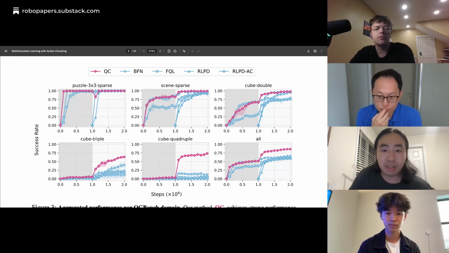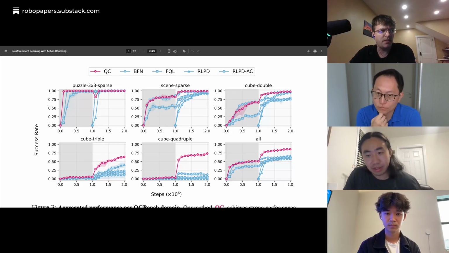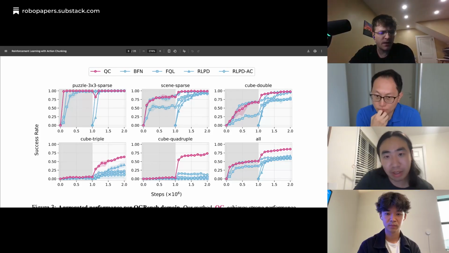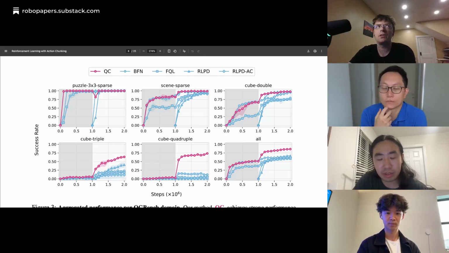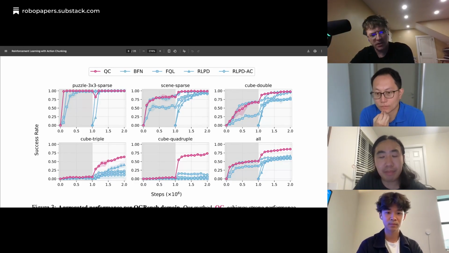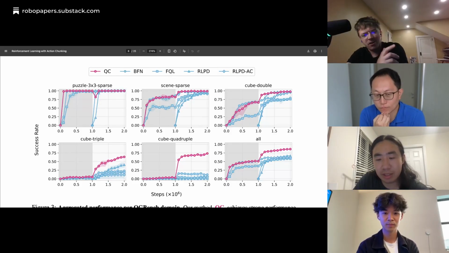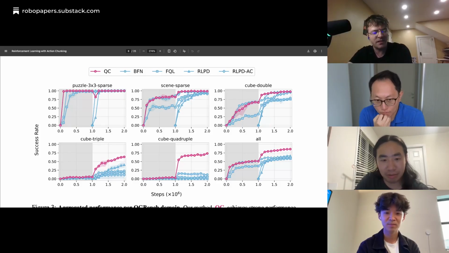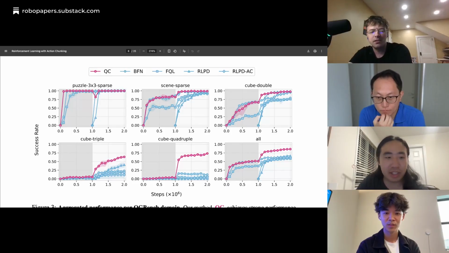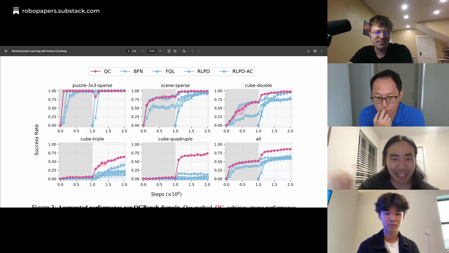In cube quadruple, the problem is something like having to stack four differently colored cubes in a particular order. Because your flow policy can sample temporally coherent trajectory snippets, it can try stacking all the different cubes in different orders. That's the magic, I guess. It means it can do much better than the previous methods. Okay, that's the intuition. Yeah, makes sense. In practice, if you visualize the video, not all of the pick and place are perfect.